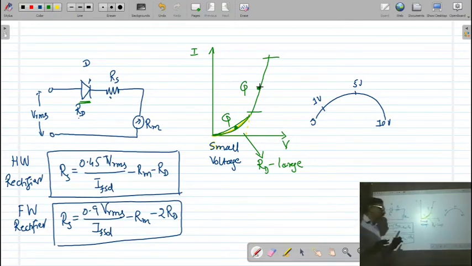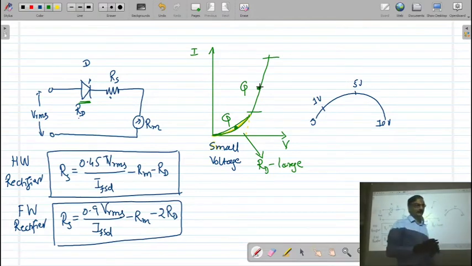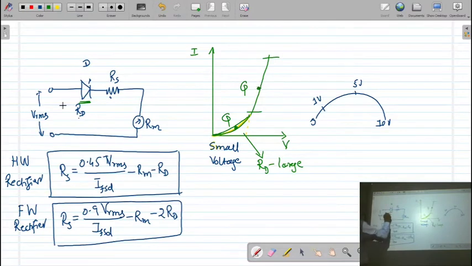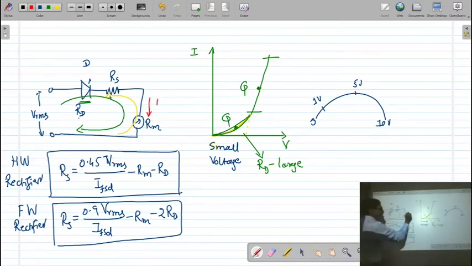Then we can have a linear scale for the measurement. Okay? So this is one of the problems, that when we are measuring a small voltage, the scale is going to be crowded in a smaller range. Then another difficulty is also there: during the forward bias, the current is going to flow in this way. Now, when the negative cycle comes, the current will flow in the opposite way. So if you see the flow of the current in a galvanometer, it is like this. This is the forward current and this is the reverse current.